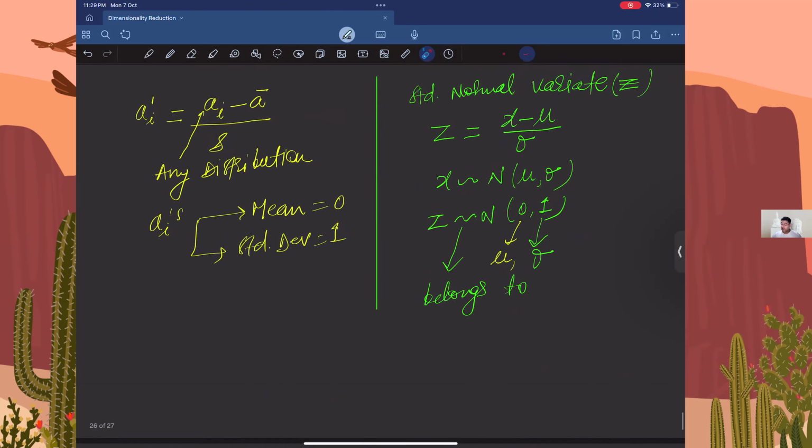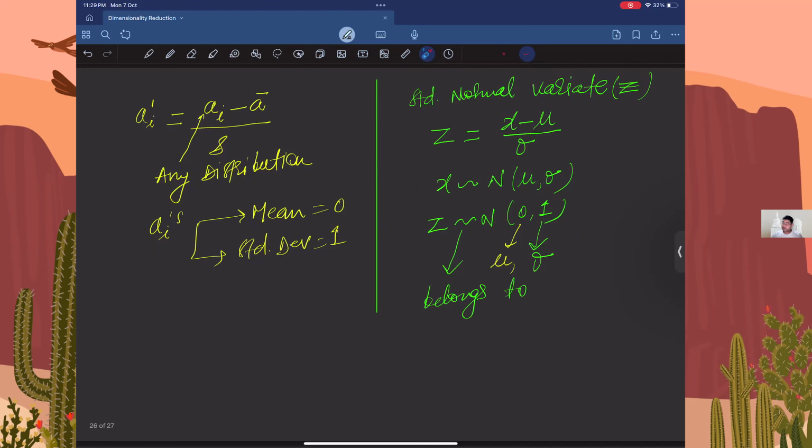फिर हमने जब यहाँ पे डिस्कस कर लिया, मैंने एक कंपैरिजन बताया कि ये जो हम कर रहे हैं और स्टैंडर्ड नॉर्मल वेरिएट का फॉर्मूला एक ही जैसा है, सिमिलर है। बस डिफरेंस क्या है कि यहाँ डेटा किसी भी डिस्ट्रीब्यूशन से हो सकता है। अब आप पूछोगे डिस्ट्रीब्यूशन क्या होता है, तो you have to understand the statistics part of it, which is very important. बिना स्टैटिस्टिक्स के मशीन लर्निंग आपके लिए समझना दिक्कत होगा।